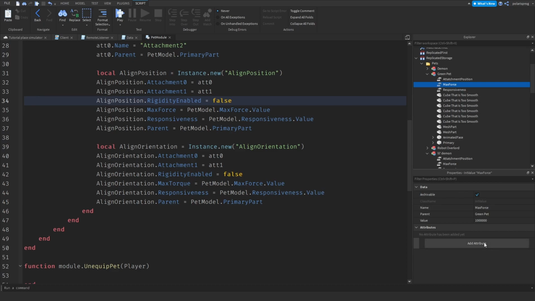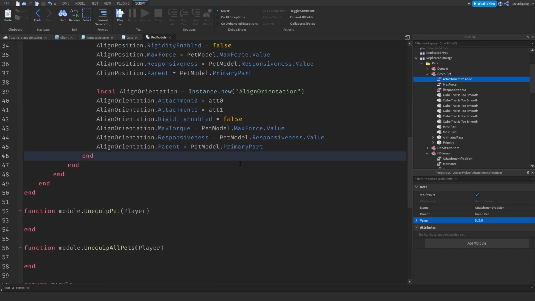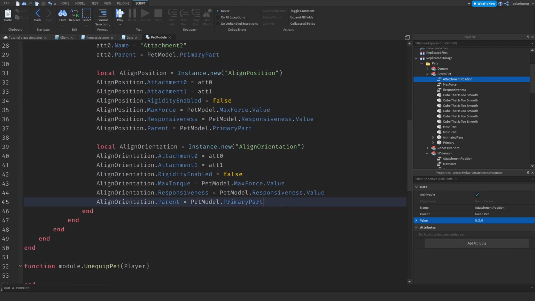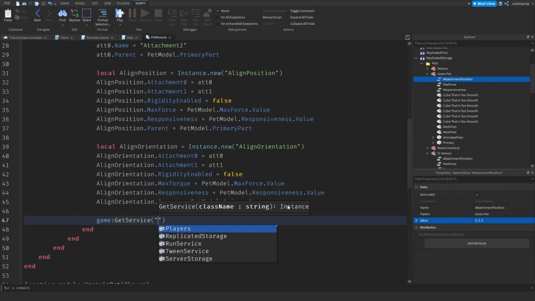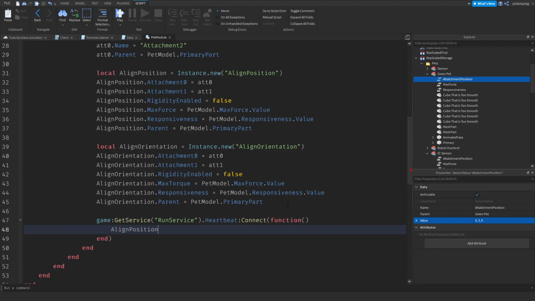So what I'm going to do is change the responsiveness to a lower value, to 10, and the attachment position will be, maybe it will be, okay. What I'm going to do to update this in real time is, by the way, we're not going to do this in the finished product, but just do it for now. Is game get service run service dot render dot heartbeat connect function. Now align position dot position is equal to, and